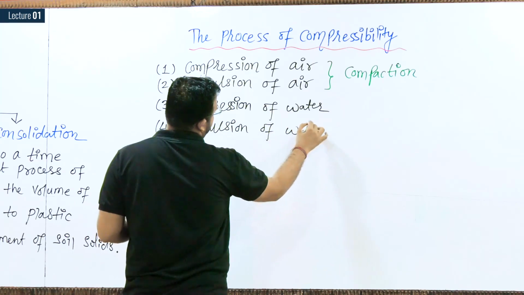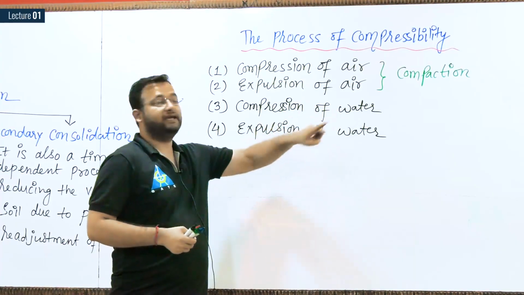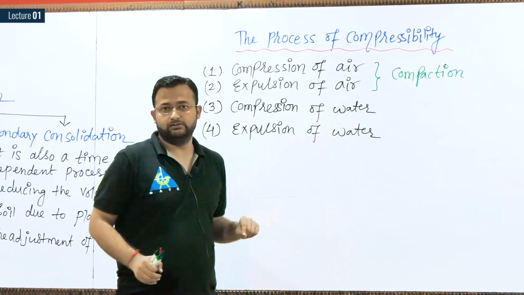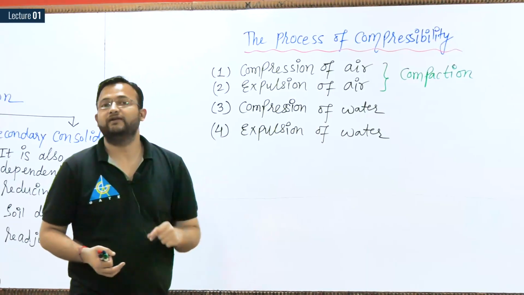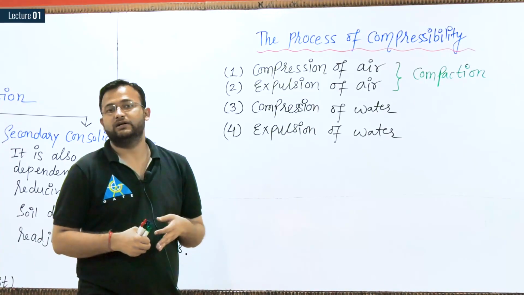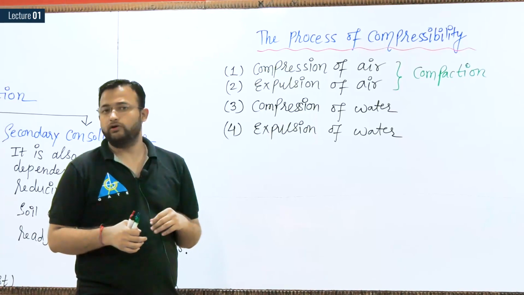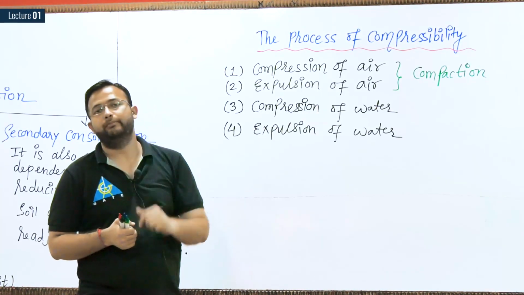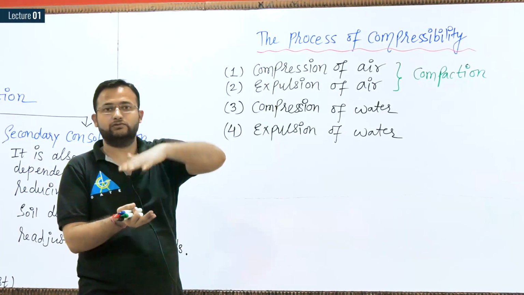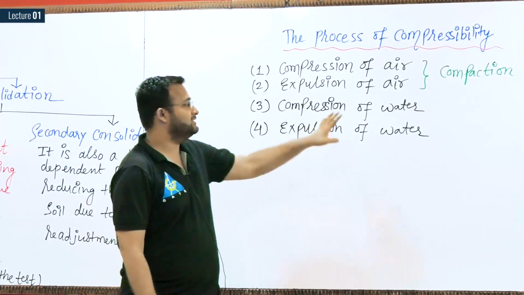Expulsion of water. But one thing people should understand, water is incompressible, so water will not compress, so we can ignore the third stage. You apply your load because of the self-weight of the building, as I am explaining about primary consolidation. Because of the self-weight of the building after the construction, naturally water gets removed under the weight of the structure. The process we call primary consolidation. So water is not compressed because it is incompressible. Directly it is removed. If the soil is having water, water will directly be removed when you apply the load.